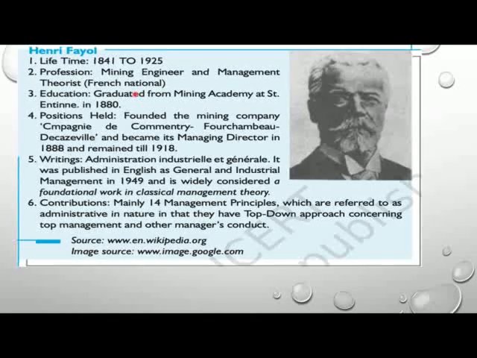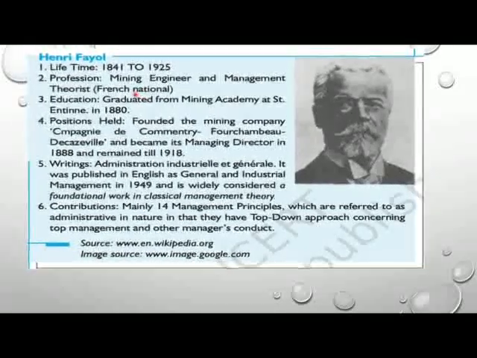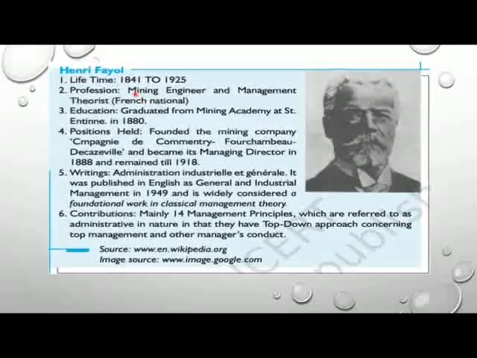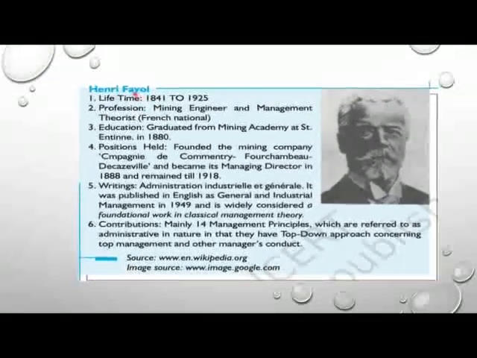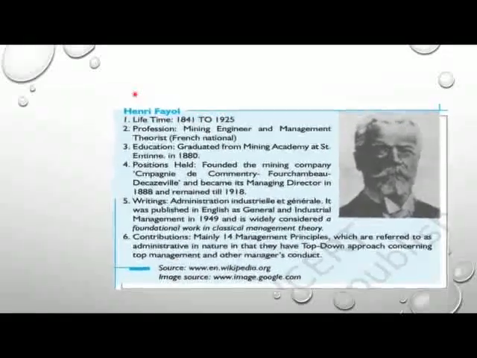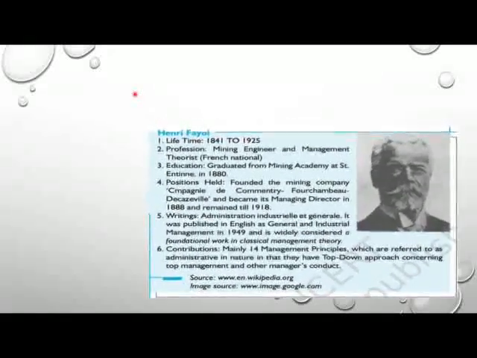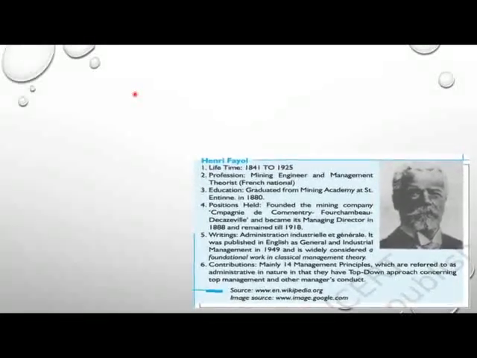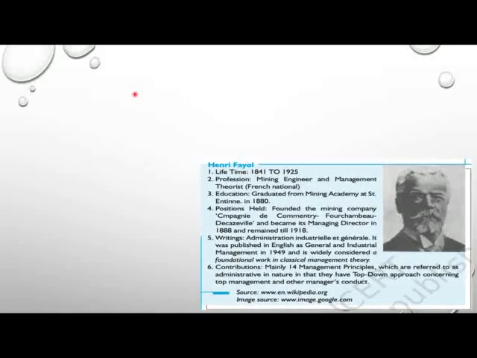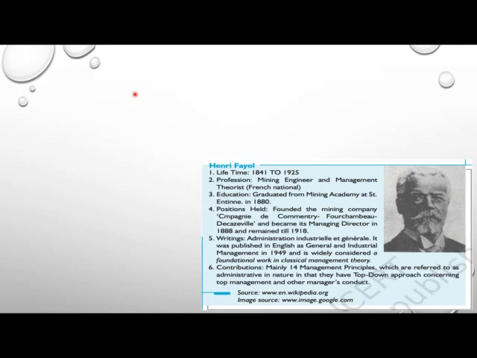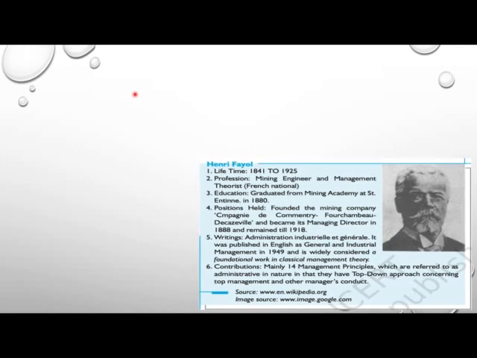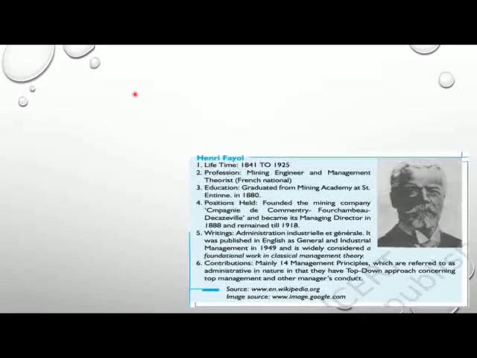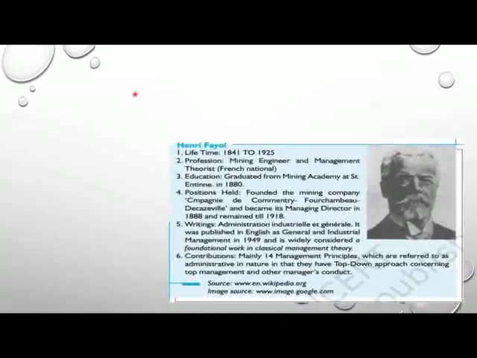Now let us understand some of his contributions. He is also known as the father of general management. His administrative theory basically focuses on managerial efficiency by controlling the production cost. He was the first person to identify 4 functions of management: planning, organizing, directing, and controlling. He also emphasized specific activities that the manager should carry out, namely plan, organize, command, coordinate, and control.